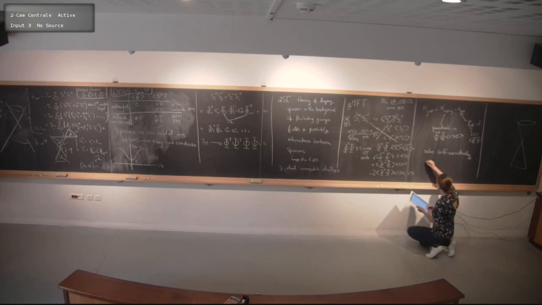We further make the ansatz that S^z, small s^z, mu, where mu is 0, 1, 2, 3, depending on which sublattice you're on, is actually 1/2